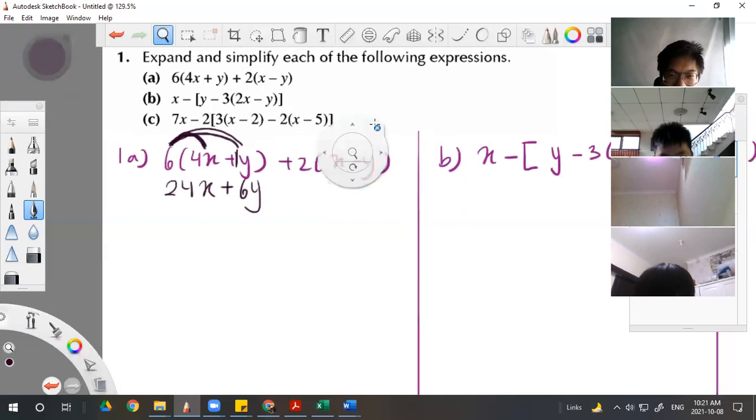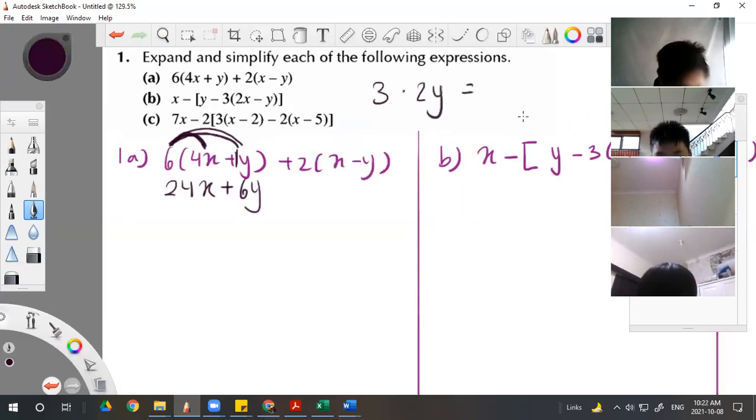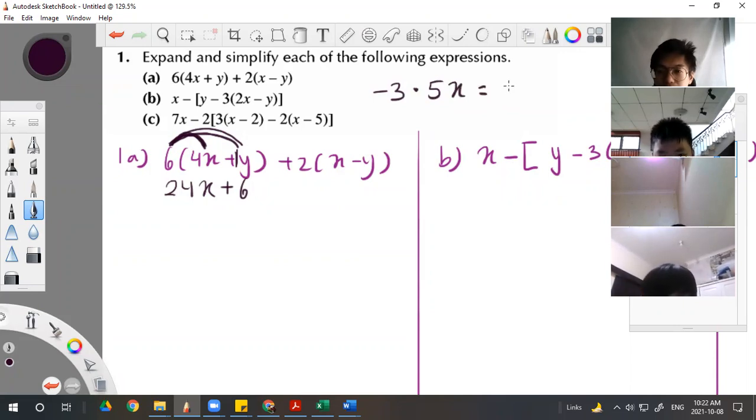Aduh, Nicholas, you pay attention ya, please. Because this is so basic. Coba deh, Nicholas, gini berapa nih jadinya? 3 times 2y. Jadinya berapa, Nicholas? 6. 6y. Ya, 6y gitu doang. Itu basicnya. Coba lagi ya, Nicholas. Negative 3 times 5x. Berapa jawabannya? Minus 15